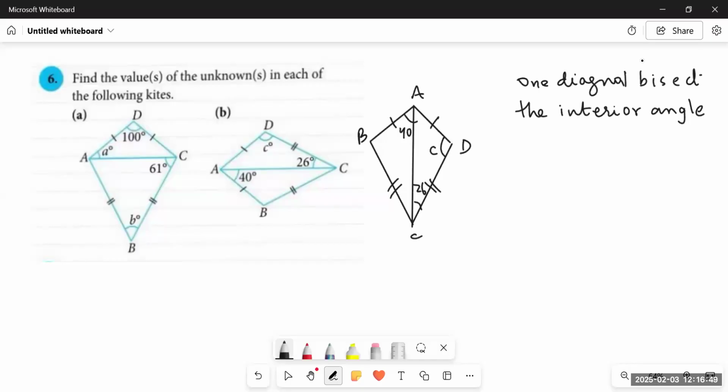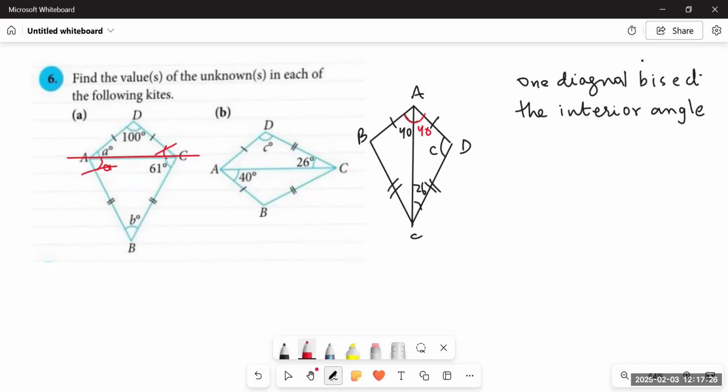Now, students, you have to understand that only one diagonal in a kite bisects the interior angles. What does it mean? That is, when I draw a vertical diagonal line from point A to C, these two angles would be equal to each other. That is, if angle BAC is 40 degrees, this angle would also be 40 degrees, unlike the previous one. When we had a horizontal diagonal line, these two angles were not 61, 61 each. Similarly, this angle A was not equal to angle A. Do you remember? Both angles were not the same.